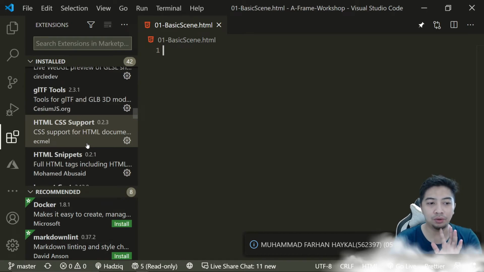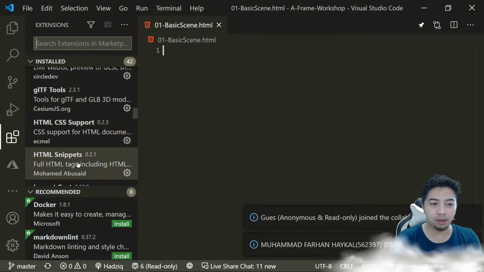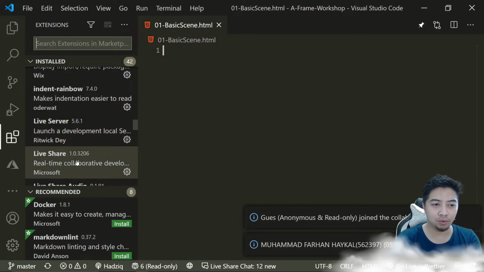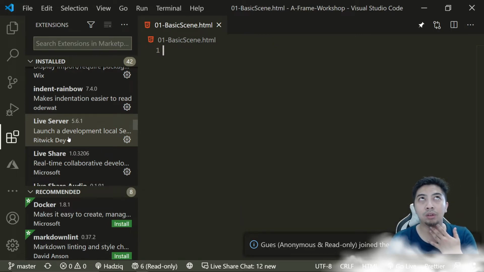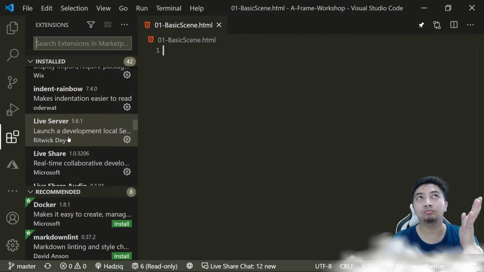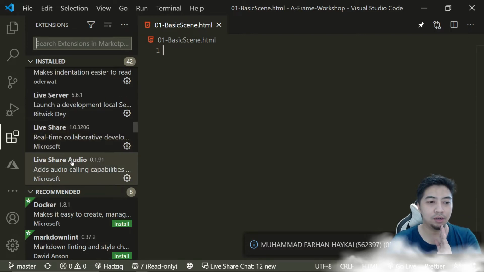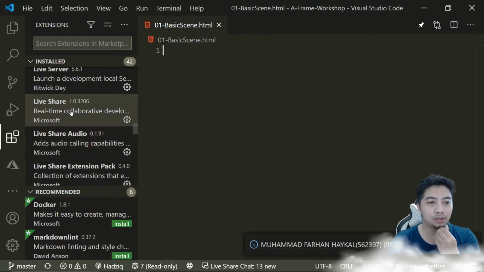Please make sure that you have them for now. For example, what else? Maybe the Live Server, so you can run on your browser directly without any necessary installation of a web server. Okay, and then the Live Share